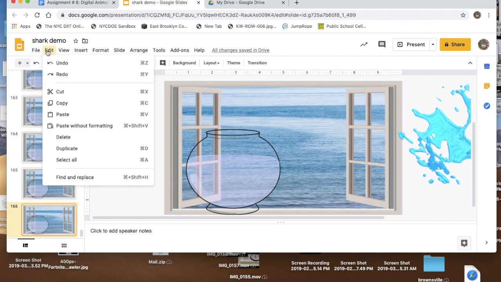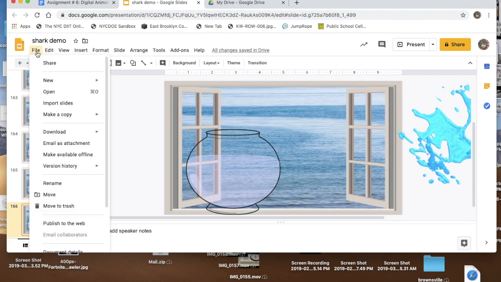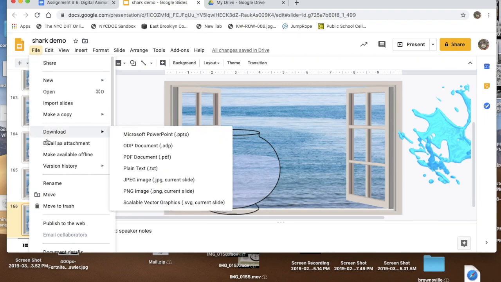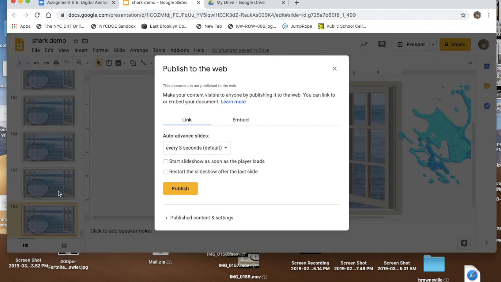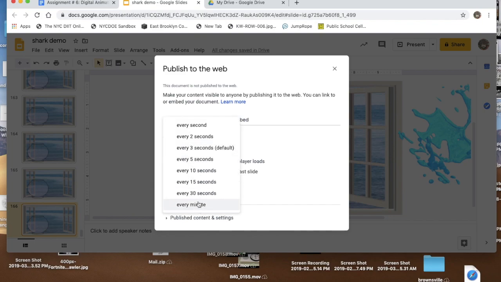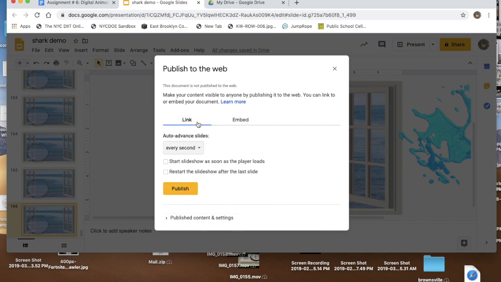So I can go here up to File, and this is where we're continuing to use Google Slides for something it's not really meant for, but very cool. So I'm going to go to Publish, right? So you could publish your presentations to the web, and you could choose how long each slide will last. Every second would kind of be slow, right? It'd be like, fish moves now, fish too slow, right? So when I publish it,